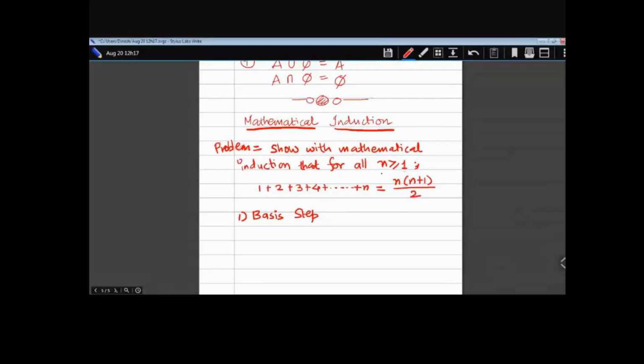Then in the next step, you will have an inductive step. In the inductive step, you will assume some value k which is supposed to be true, and then you will solve that for the value of k. Then you will see that it will ultimately induce the given formula. So let us solve this particular example.